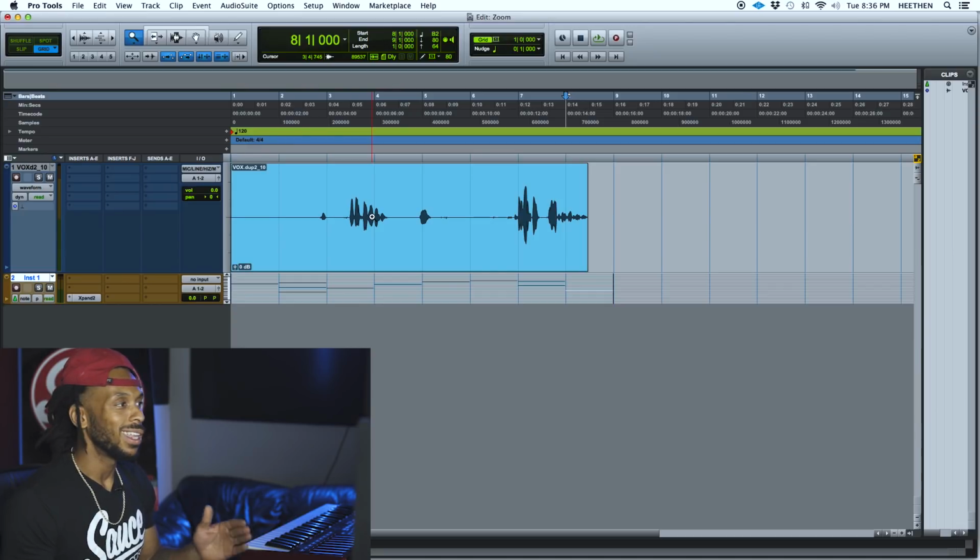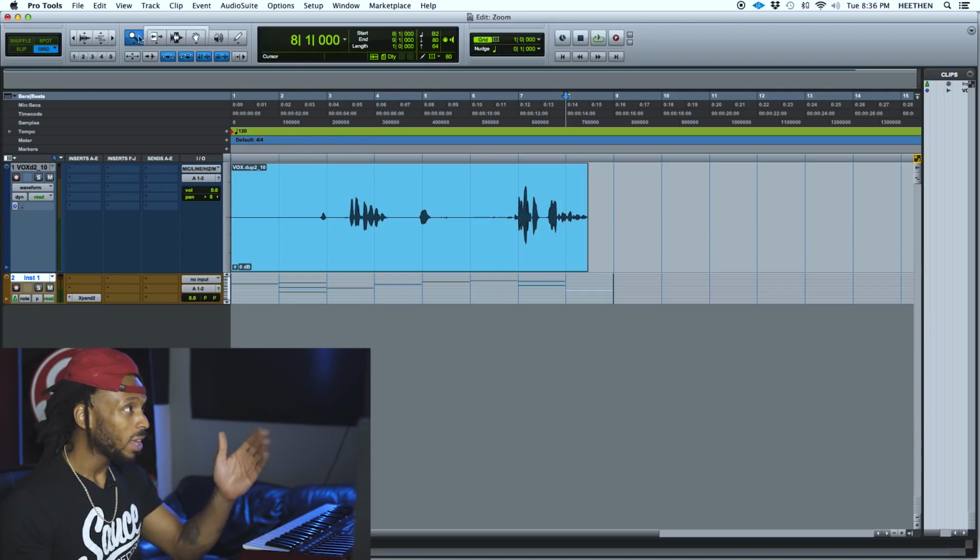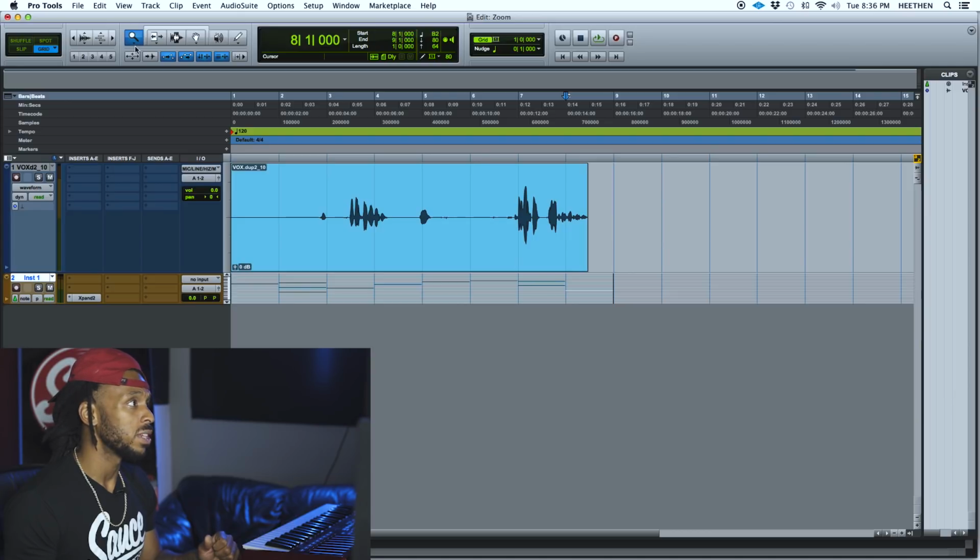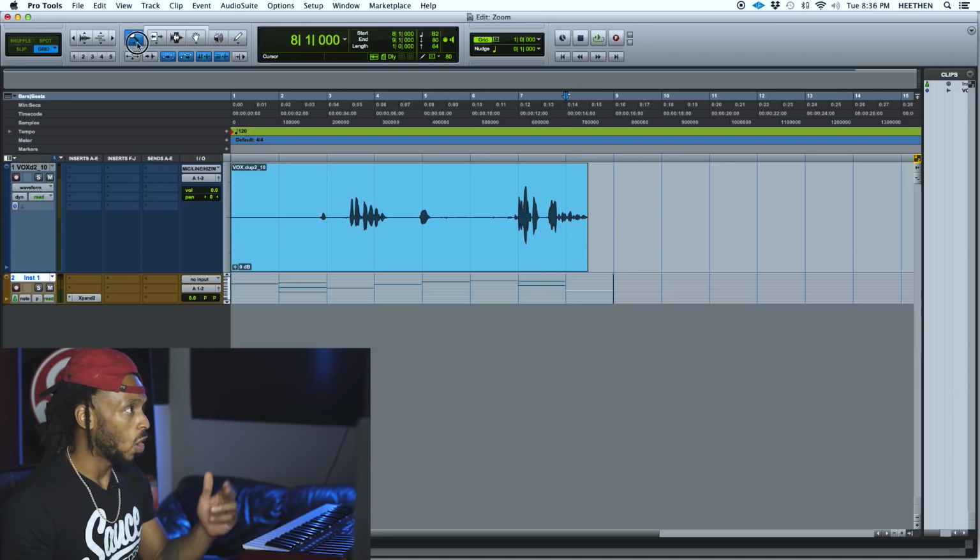To zoom out, you simply hold the Option key as you click with the zoomer tool, or if you're on a PC, that'll be the Alt key, okay? There's another function of the zoomer tool too. If you see there's a little arrow at the bottom, if you click and hold,